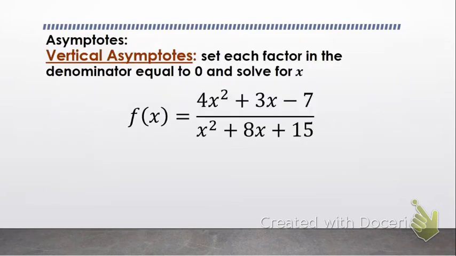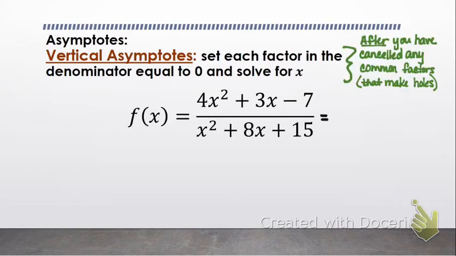So vertical asymptotes first. Vertical asymptotes are going to be things that make my denominator equal to 0. Now this would be after you have removed any holes or any removable discontinuities. So you have to get rid of your holes first. We don't need to worry anything about the numerator, so I'm just going to recopy that here. Then we do need to